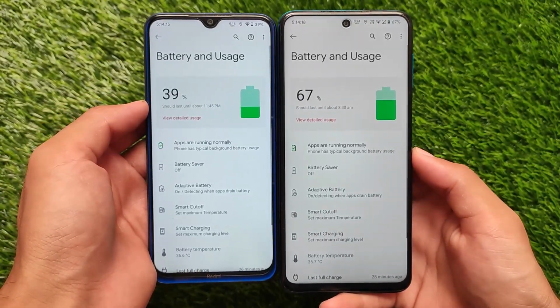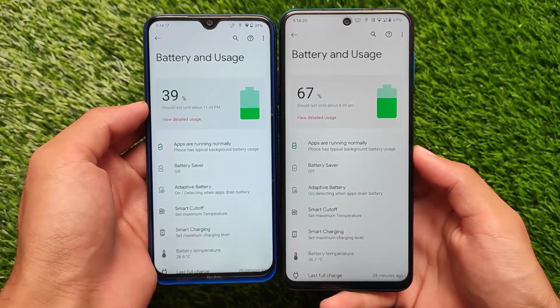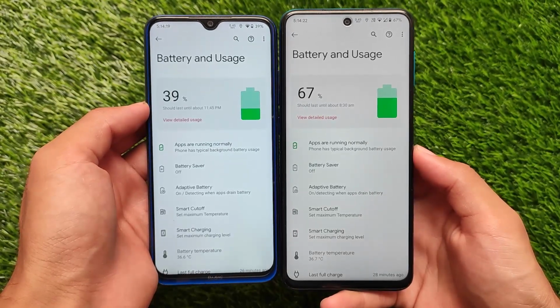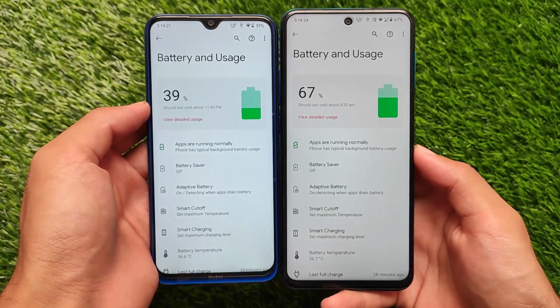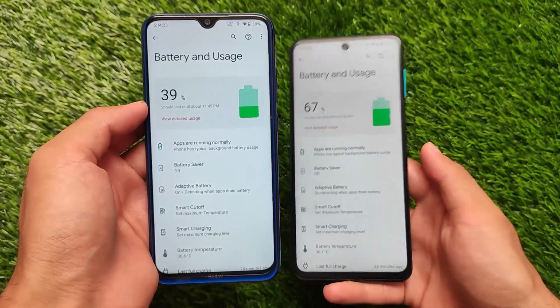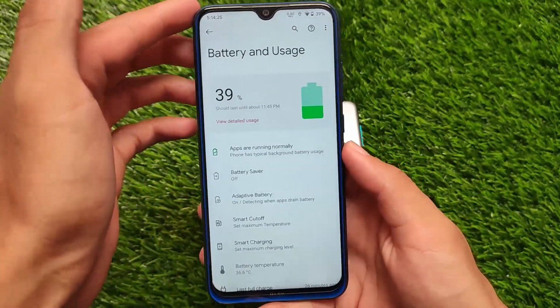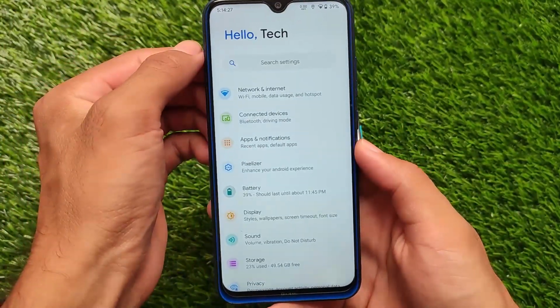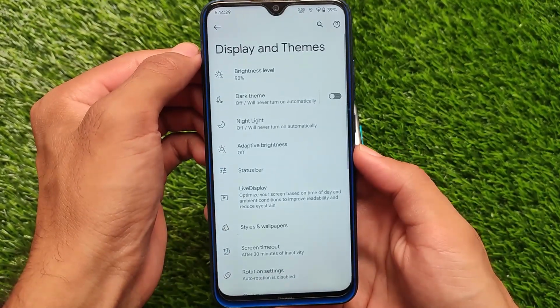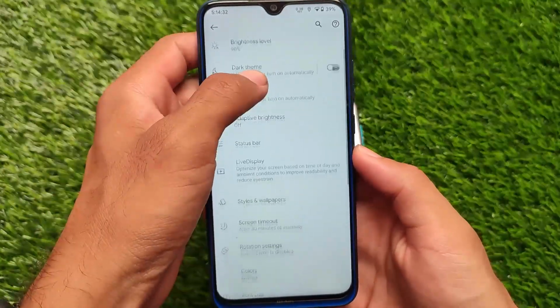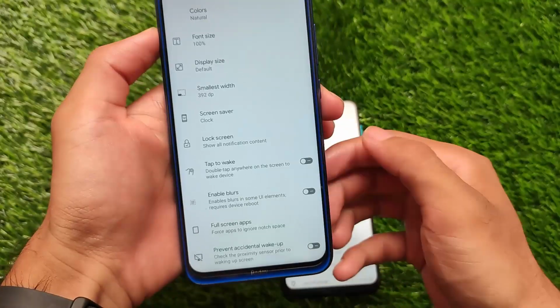Also, if you move on to the battery section, it contains the Oxygen OS style battery icon, battery usage and this kind of graph. As you can see, it's inspired from Oxygen OS 11, so if you have ever used Oxygen OS 11 you might love this thing. In terms of other options, as you can see, large text display and timeout.